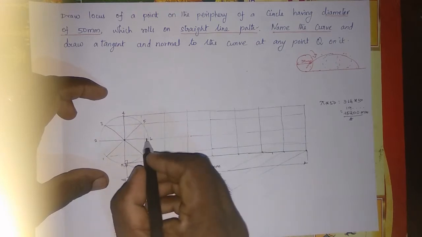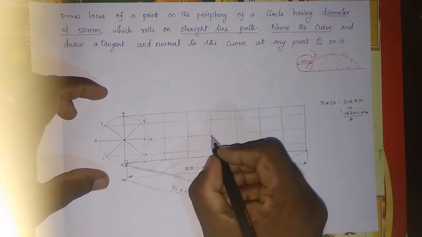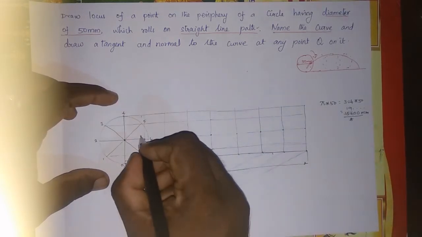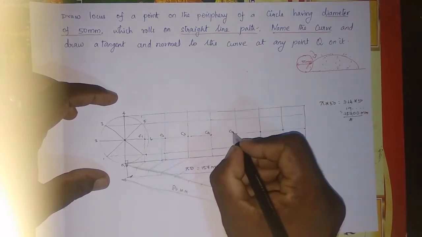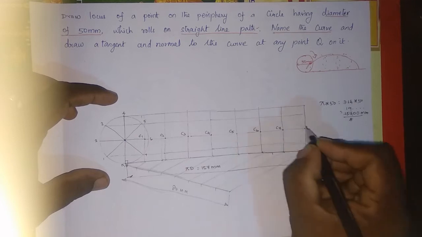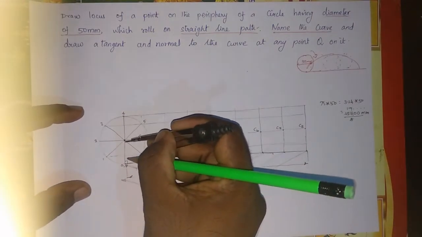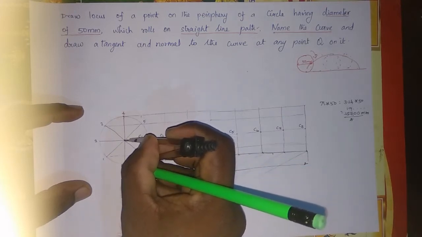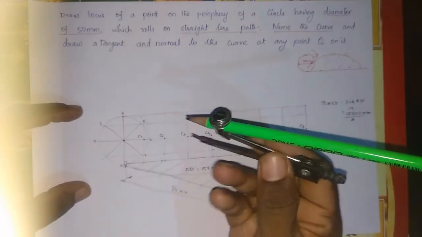So here, this makes a point where the center line crosses the vertical lines. Those points I am taking as C1, C2, C3, C4, C5, C6, C7 and C8. So these are all the centers. From this, now I am going to take the radius of the circle in a compass. So this is the fixed point, just to fix it. Okay, so I am taking that radius of the circle.